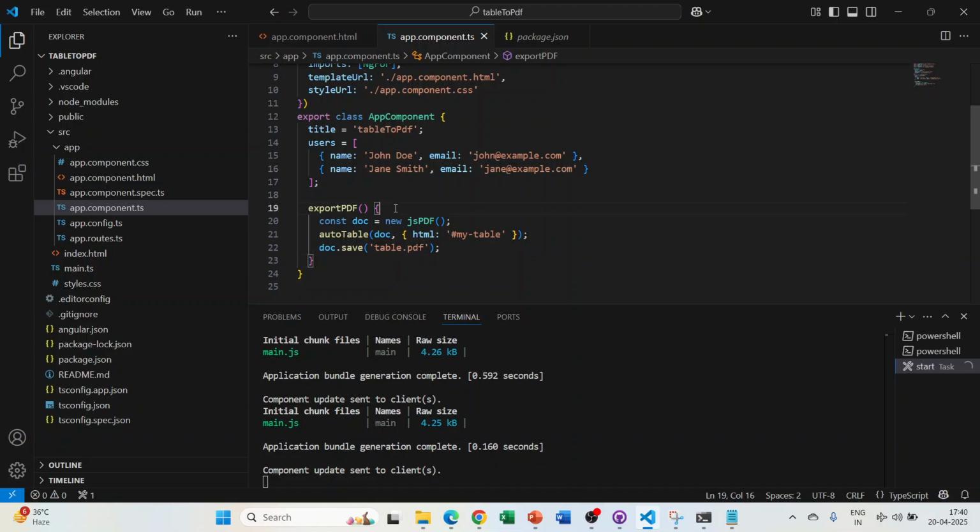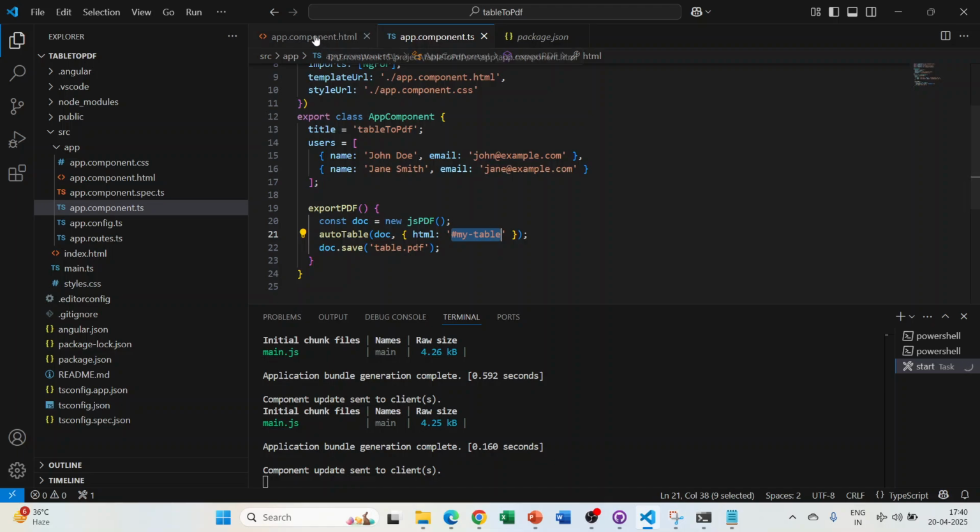Inside exportPDF, we are creating one document of type jsPDF, and then using autoTable with doc, and this is HTML, and this is the tag my table.